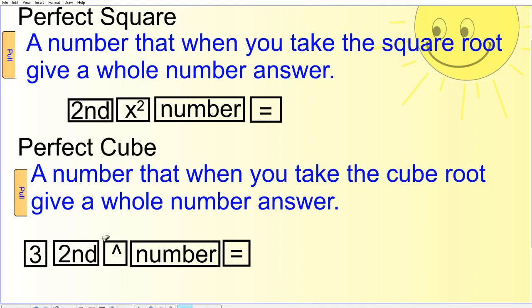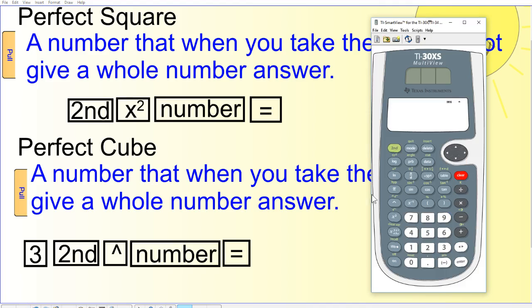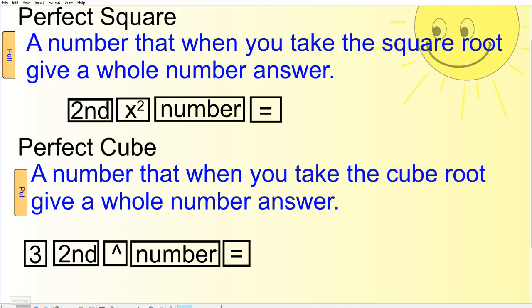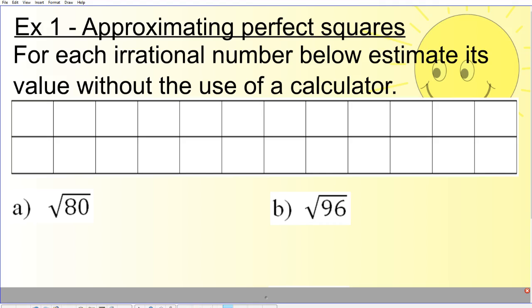So we have perfect squares, we have perfect cubes. And we're going to do most of this lesson, almost all of this lesson, without a calculator. So goodbye, Mr. Calculator. It was nice to see you. All right, so let's get to it. So now, the question says, for each irrational number below, estimate its value without the use of a calculator. Now, in order to do that,